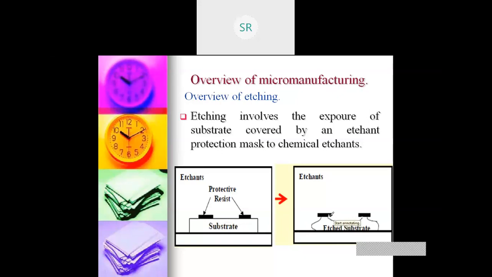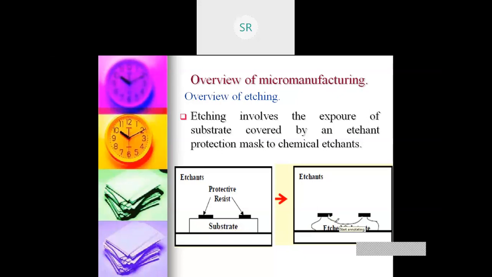Because my etching is not 100% in all the cases. If this layer is not masked properly, then there is a possibility that my chemical etching may damage the desired part.